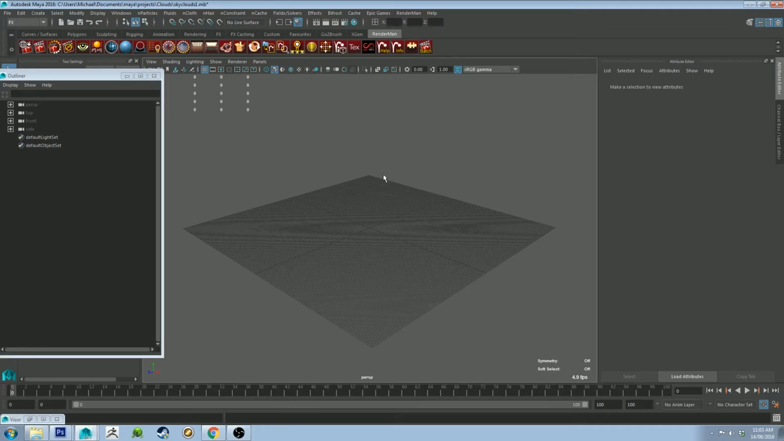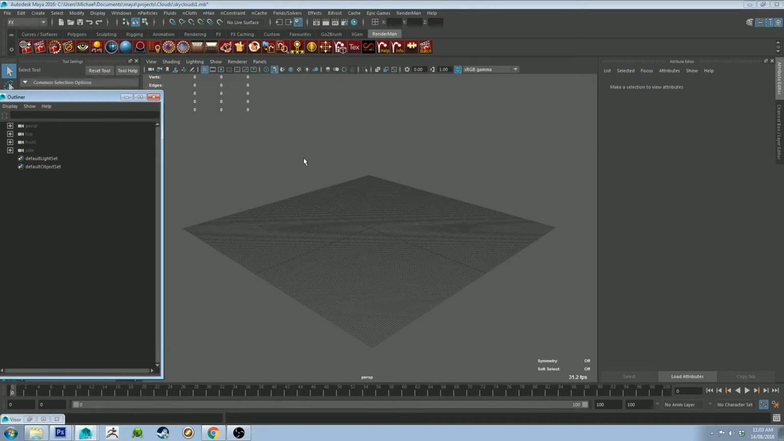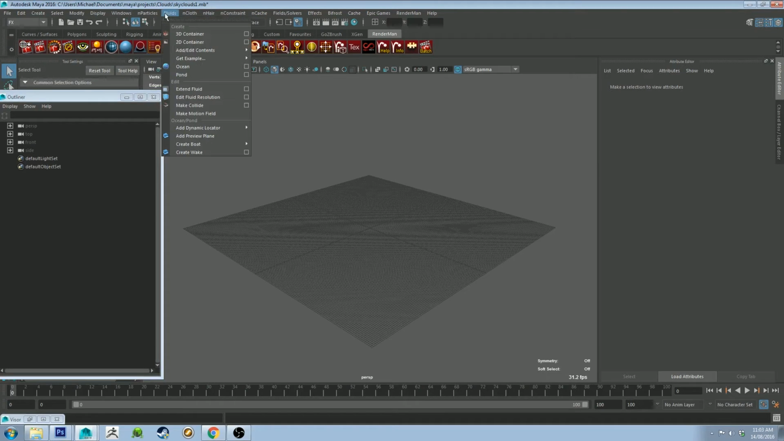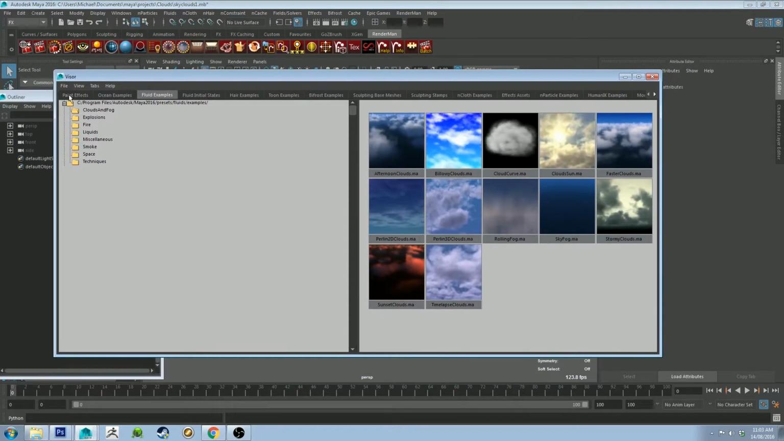I've got a scene set up. It's fresh, just saved as a new scene in my projects file. We're going to go to the drop down bar here and click effects, then go to fluids, and then go to get example fluid, and the Visor is going to come up. In the top tabs here, you want to go to fluid examples and then clouds and fog, and then you'll get roughly a dozen examples here,